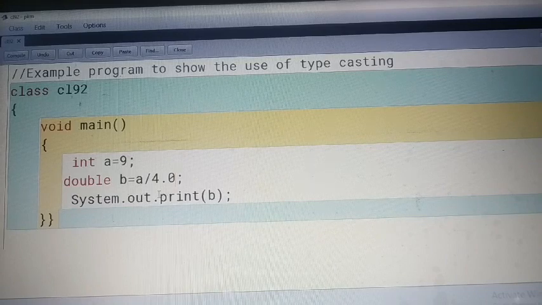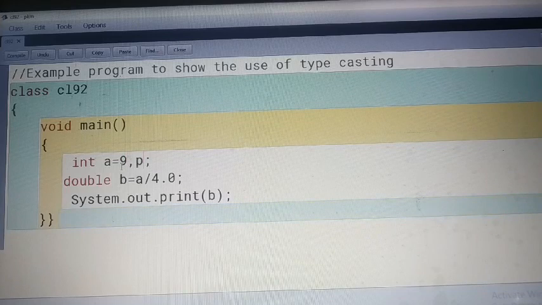I show you in another example when I will take few more variables. Suppose these are few more variables.